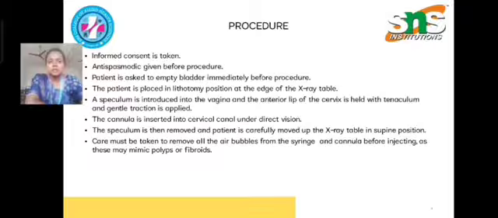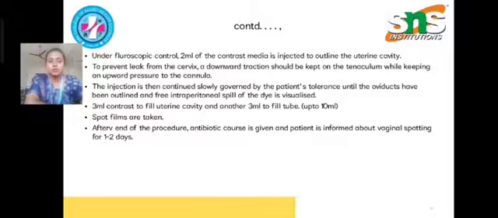Care must be taken to remove all the air bubbles. We have to ensure whether any air bubbles have remained in the syringe or not. If any air bubbles are there, we have to remove them from the cannula before injecting the contrast medium, to avoid fibroid-like structures or mimic polyps. After that, under fluoroscopic guidance, 2 ml of contrast media is injected to outline the uterine cavity, to prevent the leak